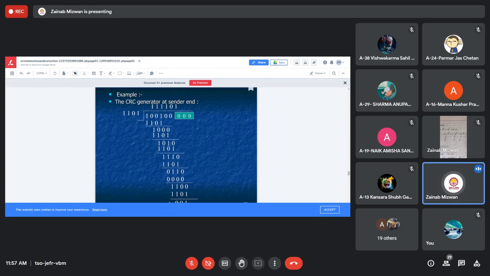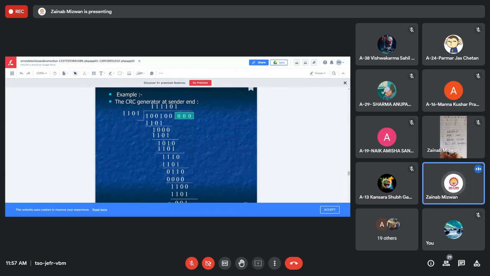In division, we use subtraction for dividing numbers. But when you are performing division of binary numbers, and the data is given in binary form, then we have to use the XOR operation. What we know here is that 0 XOR 0 or 1 XOR 1, the value will be 0. But 0 XOR 1 or 1 XOR 0, the value will turn out to be 1.